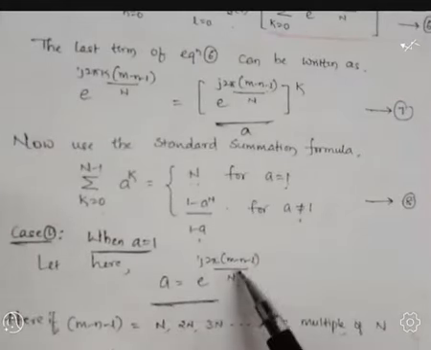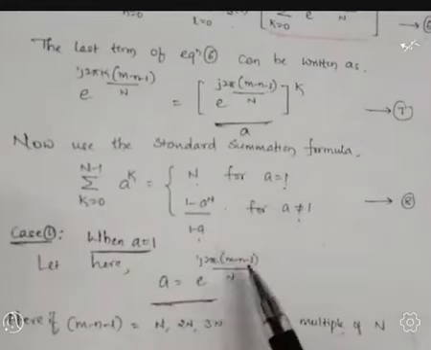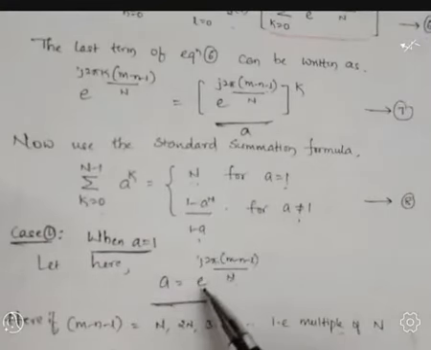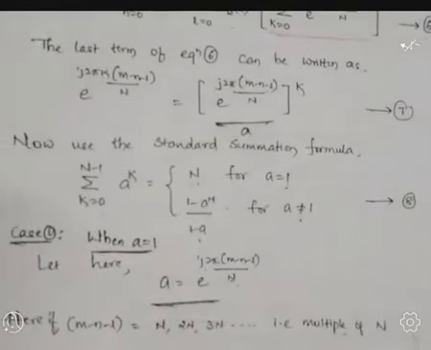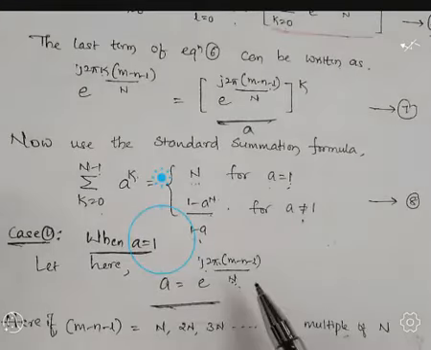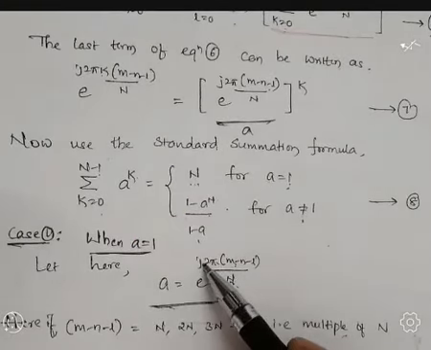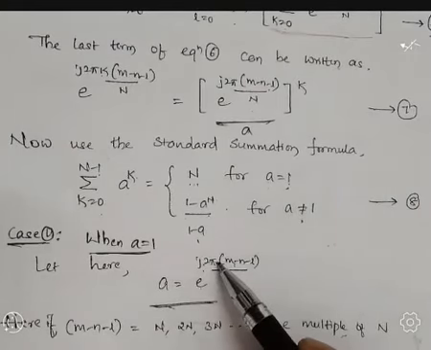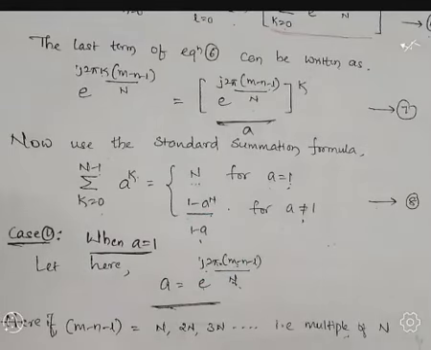So for example, if you take m minus n minus l equal to n, n gets cancelled, which means we are getting only e to the power j 2 pi. E to the power j 2 pi is cos of 2 pi plus j sin 2 pi. Cos of 2 pi is 1, sin 2 pi is 0. Hence a equal to 1 we are getting. Similarly, if you take 3n, 3n divided by n gets cancelled, only 3 is left. 3 into 2 is 6, so 6 pi. E to the power j 6 pi is cos of 6 pi plus j sin of 6 pi. Cos of 6 pi is 1, sin 6 pi is 0. Hence again we are getting a equal to 1.